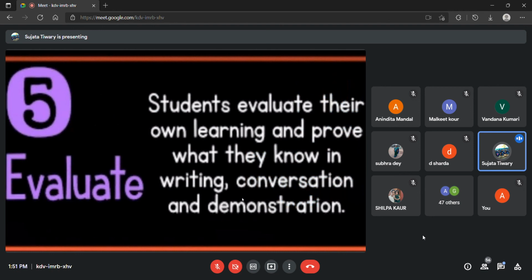Next, evaluating. Now children are writing the different parts. They are reflecting on what they have learned. They have learned that the China rose has 5 petals. In other flowers it may be more than 5 or not. If the flower is red, the color is red. Then they are writing different functions of the different parts. And maybe a presentation or demonstrating it.